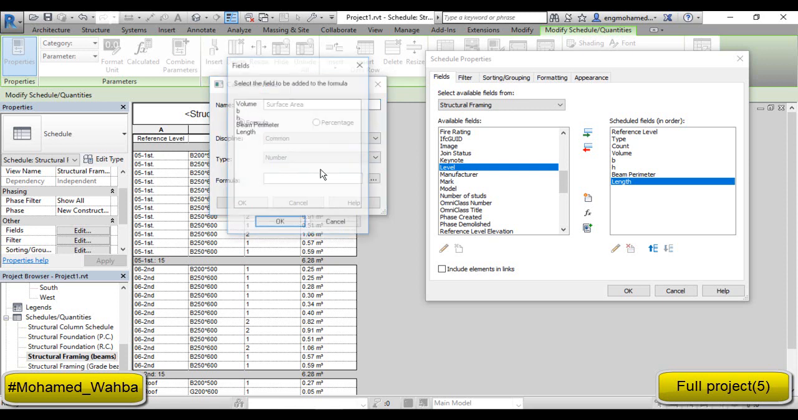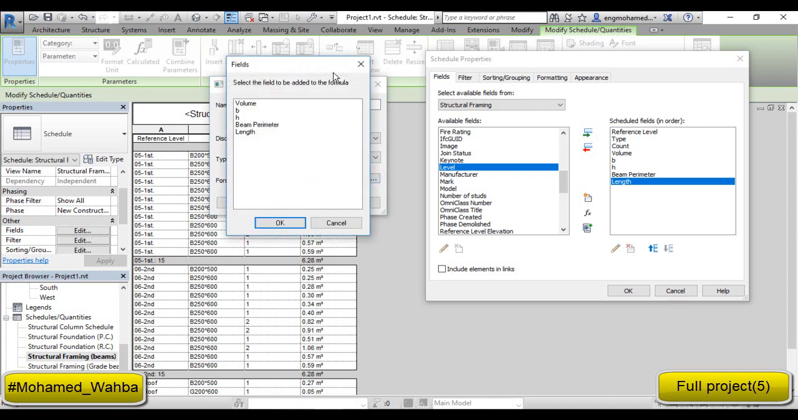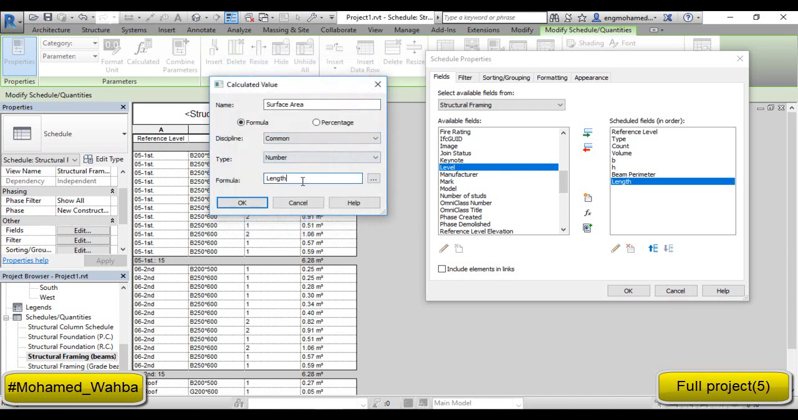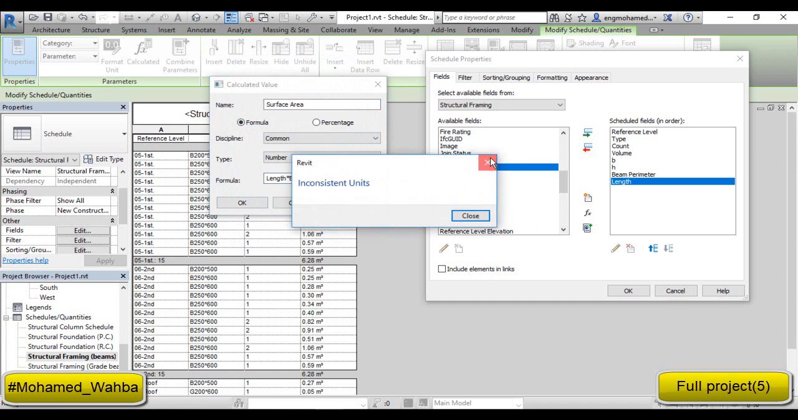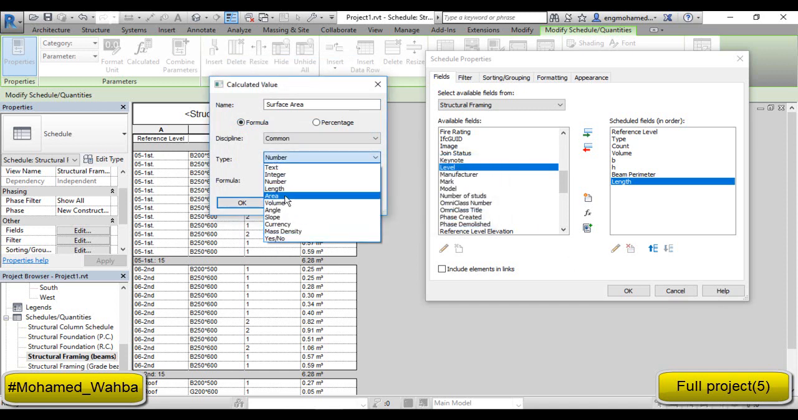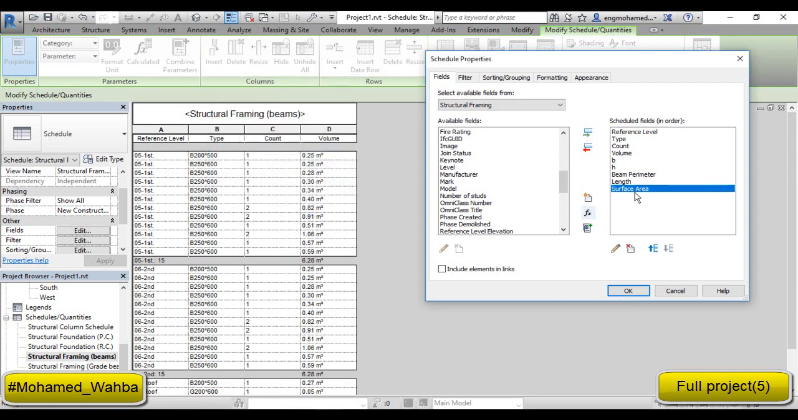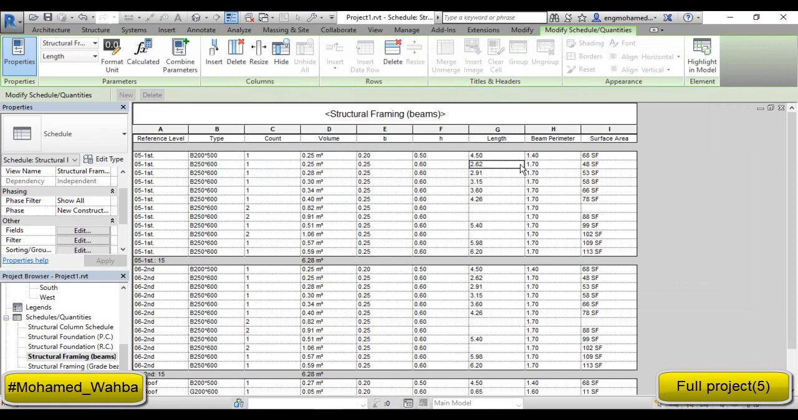Here we can select the length multiplied by the beam parameter, like this. I will select OK. But here it is area, so OK. We can now rearrange those columns in my schedule. So beam parameter and surface area, check here, OK. Now you get the length, the parameter of my structure and the surface area of my structure,